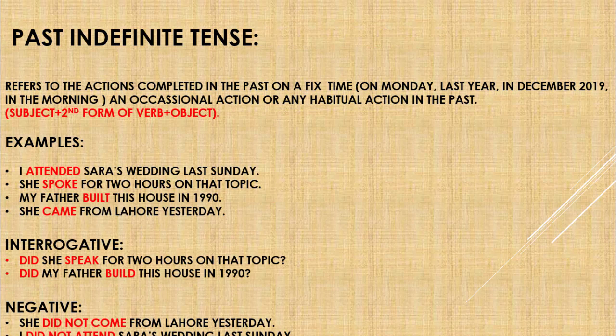Past indefinite tense refers to the actions completed in the past on a fixed time, like on Monday, last year, in December 2019, in the morning, etc. An occasional action or any habitual action in the past. We use second form of verb in the affirmative sentences, and we use the auxiliary verb did in the interrogative